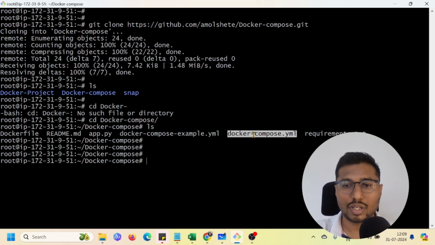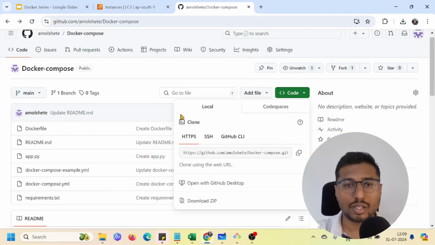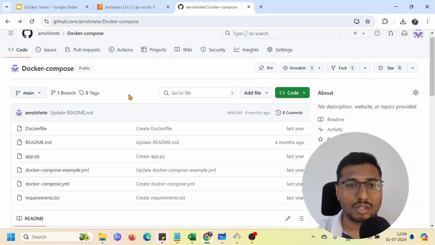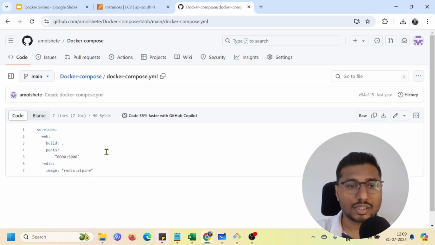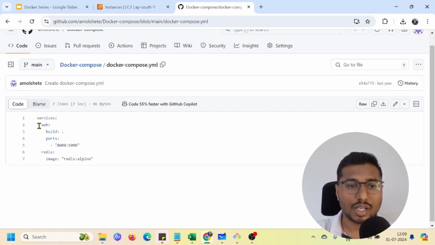Now we are going to take this Docker Compose file for our demonstration purpose, and let me explain what we have written there. If I check the docker-compose.yml file, you can see that it's a really simple one. I have given web as my first service name, and the second service name is redis. In the second service as such there is nothing. Now let me explain what this application is. Redis is a memcache,